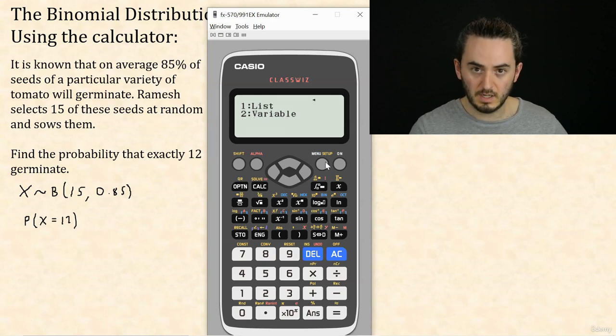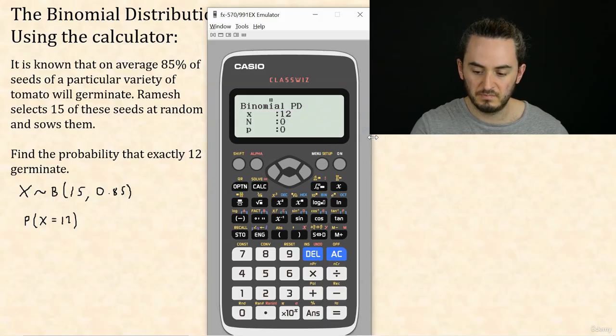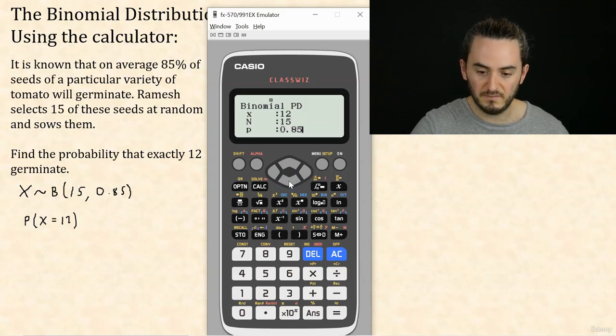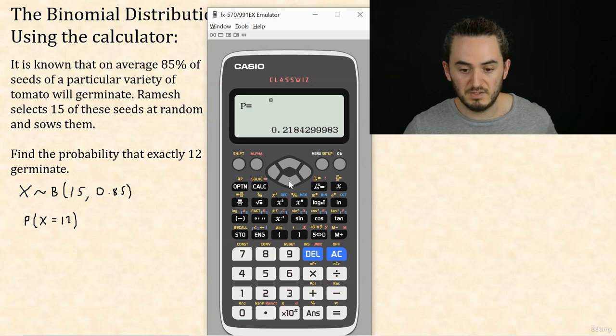Now, there's a couple of options for how you do this, but I would recommend always going with option 2, variable. So go with 2. And now here's what we need to key in. X, that's the number of successes we're looking for. So it's 12 in our case. N is the number of trials, which is 15 in our case. P is the probability, which is 0.85. That is it. Click equals, and there is your answer,